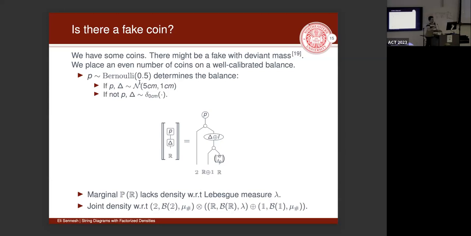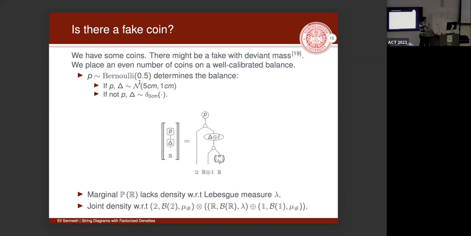But now I've broken up the second part of the case analysis into the unit, which has a trivial density. It's a Dirac delta probability measure, which has a density with respect to the counting measure. And the delta in the co-pairing, which is still deterministic because it's a delta, but now is sort of passing from the monoidal unit into the real numbers. So it's a state instead of a conditional or a channel.